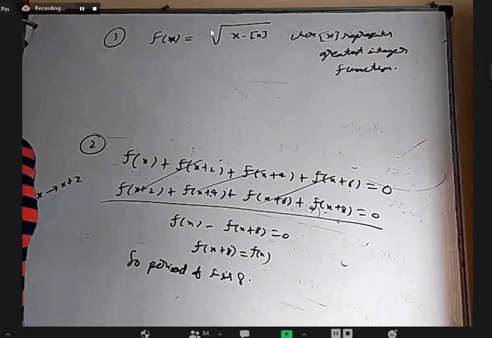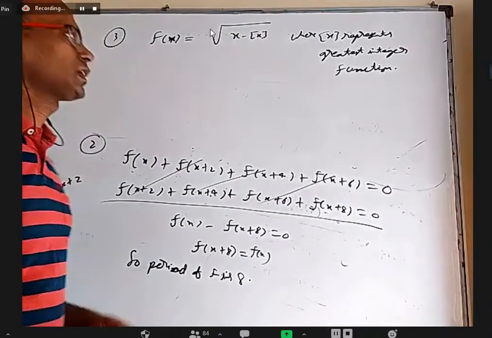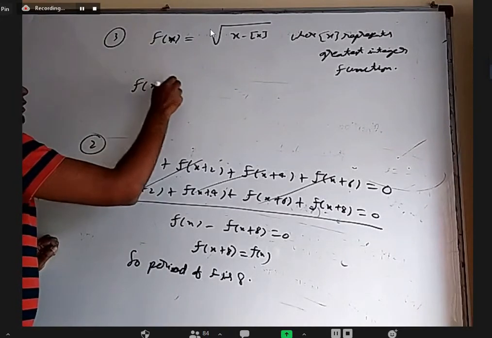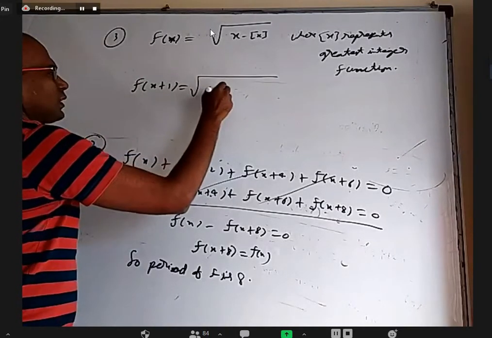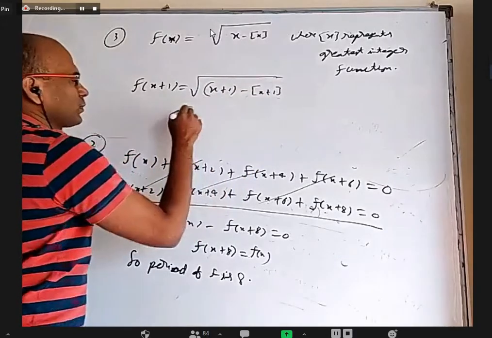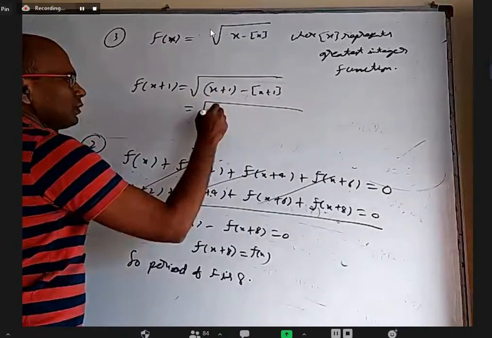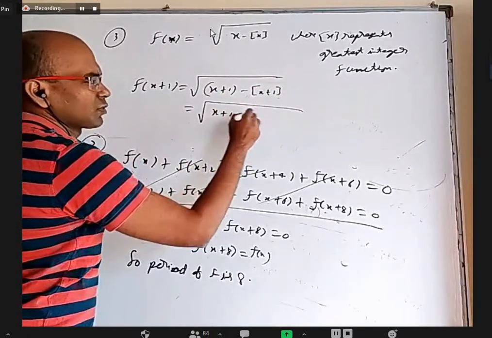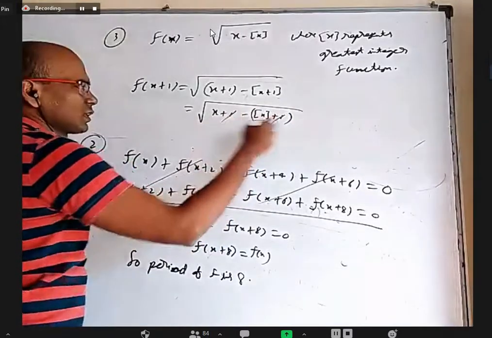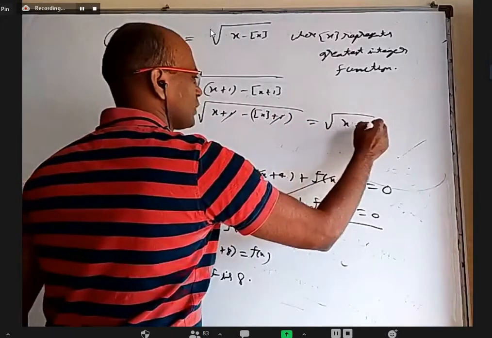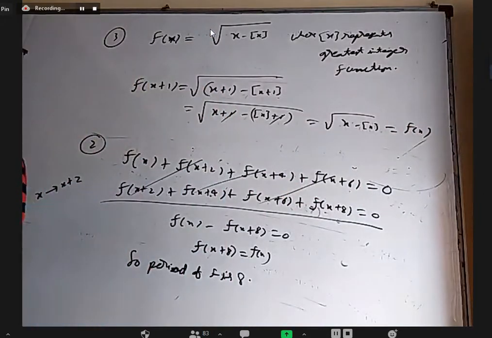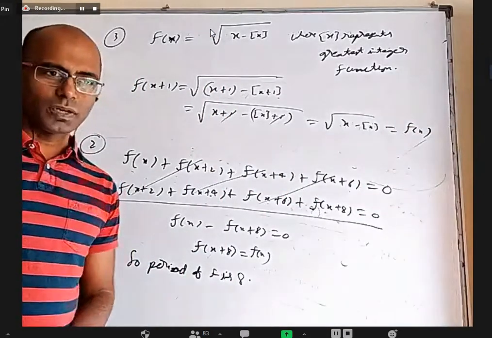Yes, we already know about the fractional part of x. It is a periodic function with period 1. That is because if somebody wants to find f of x plus 1, you will get x plus 1 minus integer part of x plus 1. Within the integer part, you can take one outside, so you'll get integer part of x plus 1. This one and this one will cancel. You get x minus integer part of x, which is f of x. Or for the fractional part of x directly, by adding one the fractional part will not change.